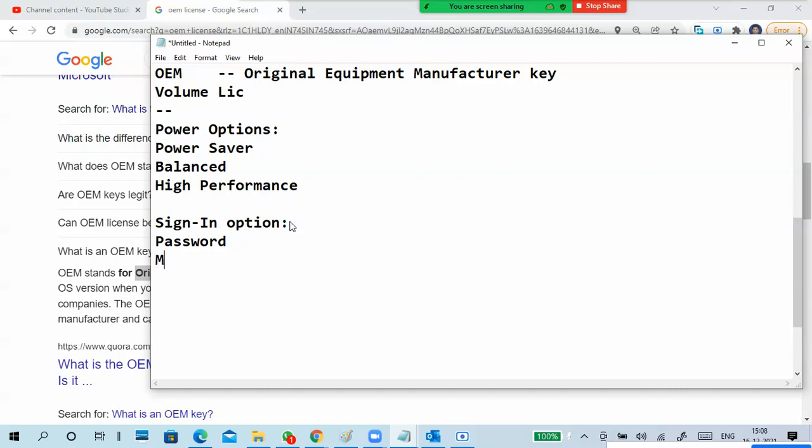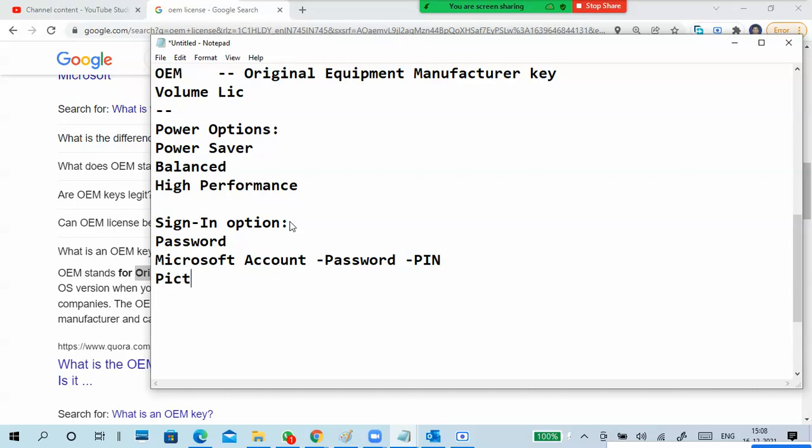If you put a Microsoft account, you can operate your system with a Microsoft account also. With a Microsoft account, you can give a password or a PIN number, like a mobile phone PIN, 4 digit or 8 digit, like that you can use PIN numbers also. So a normal regular password, local account and password, and a Microsoft account also we are able to operate.